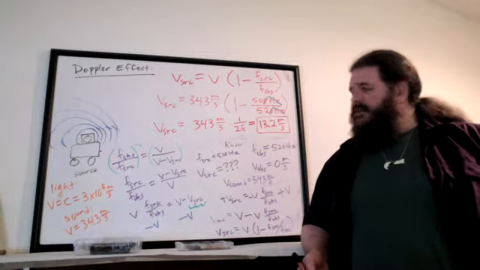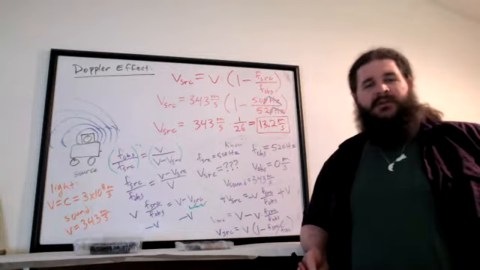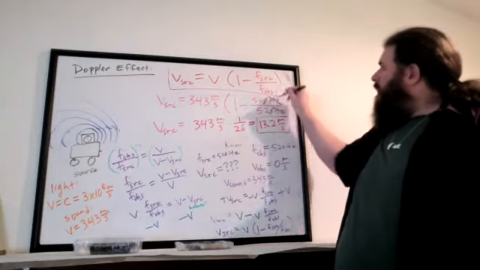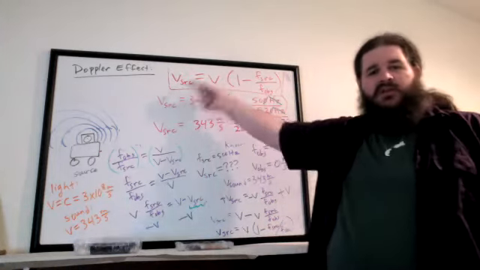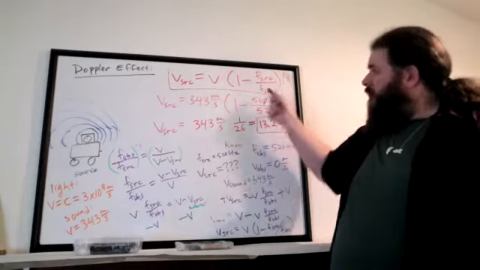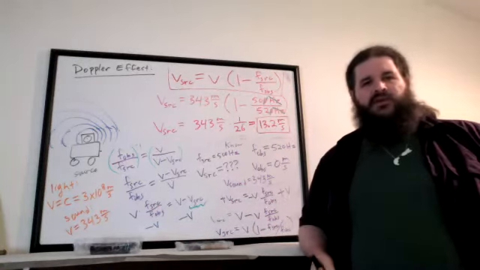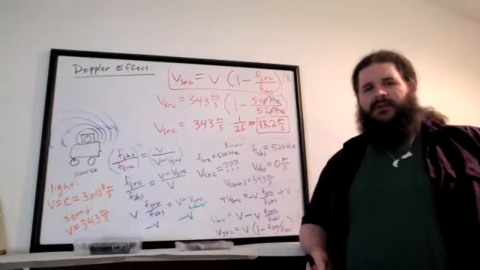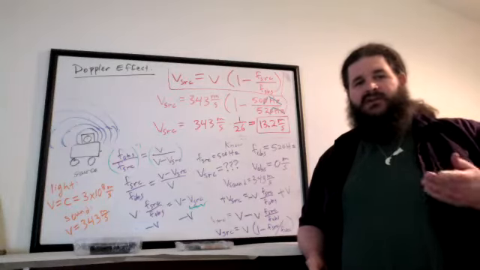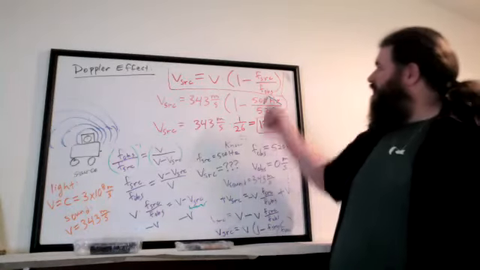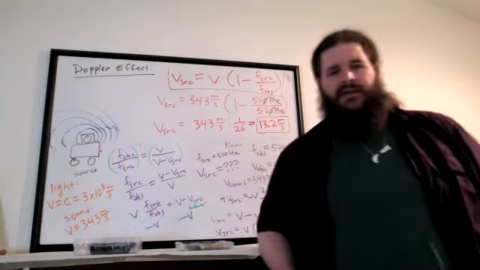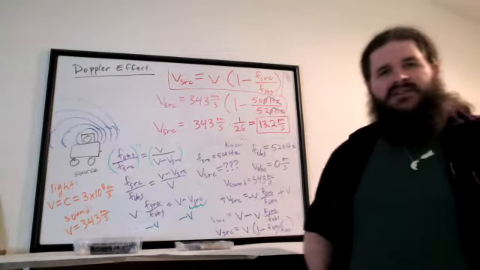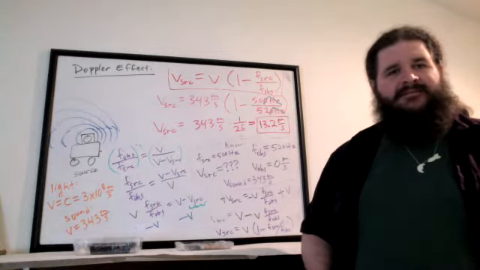And the nice thing about running all the algebra before we plug in any numbers is that instead of just getting one number, we now have a formula for the speed of the source, no matter what the source frequency and observer frequency are. So if you had to do several of these problems, if you wanted to say, well, what if the car is moving, but it's producing this other frequency and you're hearing this different frequency, you can just plug those numbers into the formula we just got without having to run the algebra all over again. Any questions on that use of the Doppler effect?